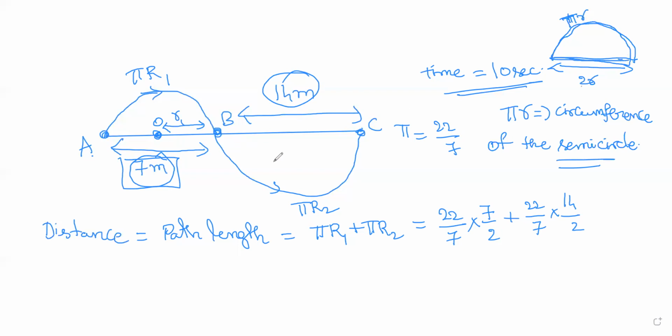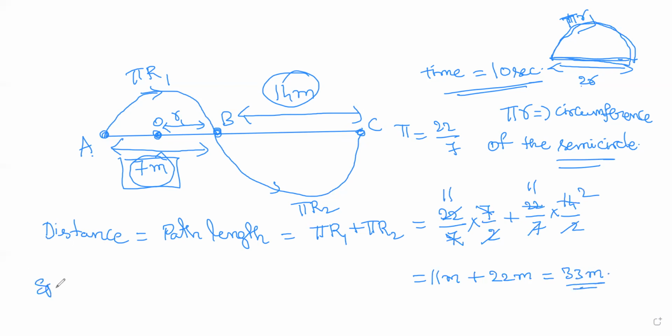But it is following only the curved path. So we'll consider the curved path length, that is pi r itself. So that is how the calculation comes in. And then this 2 and this 7 get cancelled. This is 2 times 11, and then this is 11 once again. So that is about 11 meter plus 22, that is 33 meters. So 33 meters is the distance it has traveled.